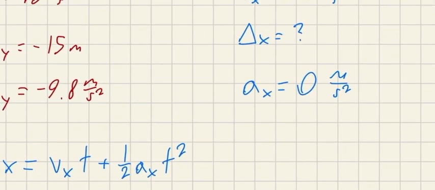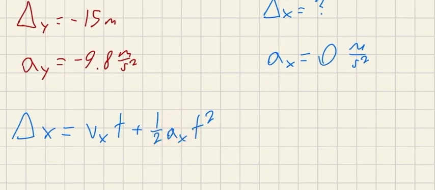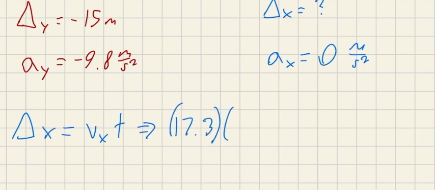Note, however, that our acceleration in the x direction is 0, and so this term cancels out completely, leaving us with delta x equals velocity in the x direction times time. Plugging in our variables, this is 17.3 times 3.04, which equals roughly